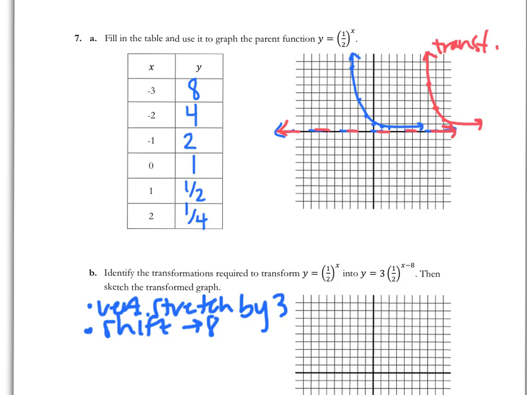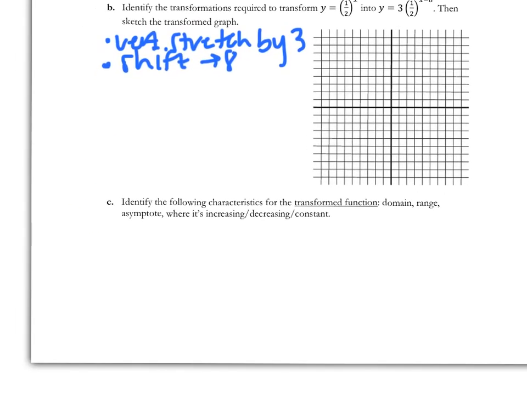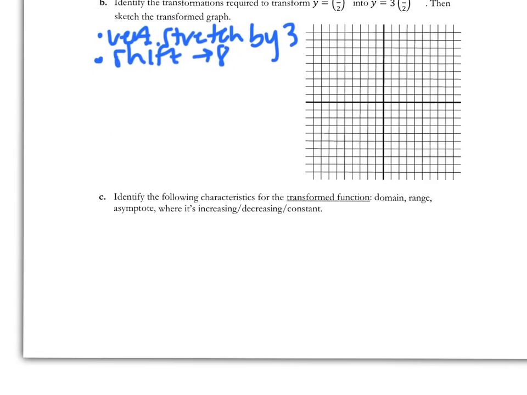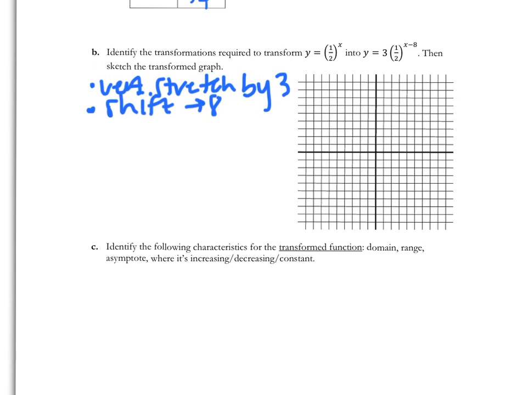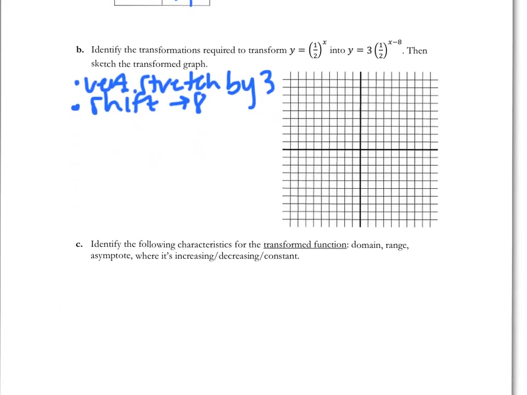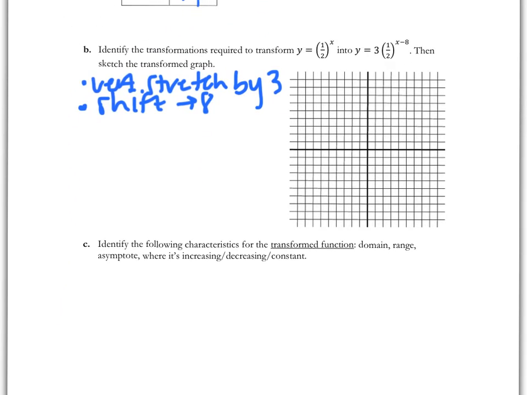Okay, so at this point, we kind of stopped in my classes where I was present. We stopped and I just had them do the rest on their own. So there's one more example of listing out the characteristics. For this one, you should actually list out the characteristics for the graph that you just did. And then on the next page, there's a couple more practice problems for you guys to try. So what I'd like you to do is try those practice problems, and once you feel comfortable, please work on